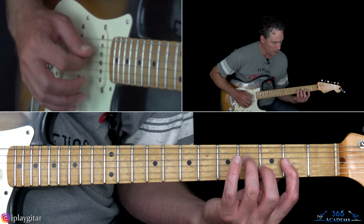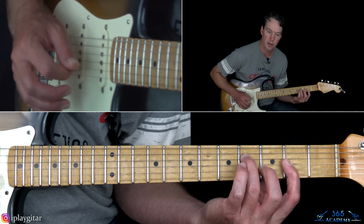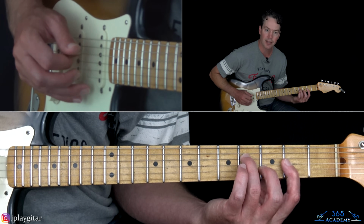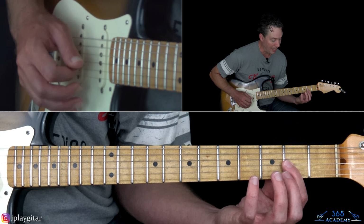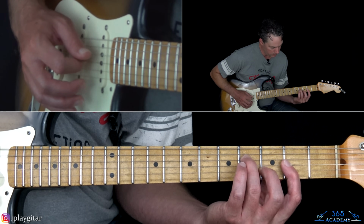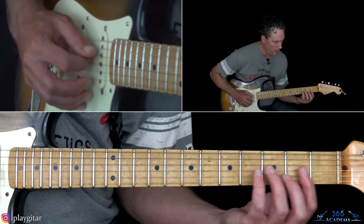And then what you're going to do is put the 3rd in the bass. Play the F sharp there on the D string, and then back to the 2nd fret there on the A. A note, it's on the 2nd fret on the G. And then,